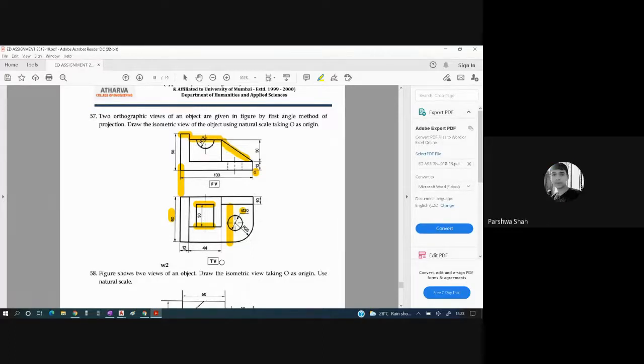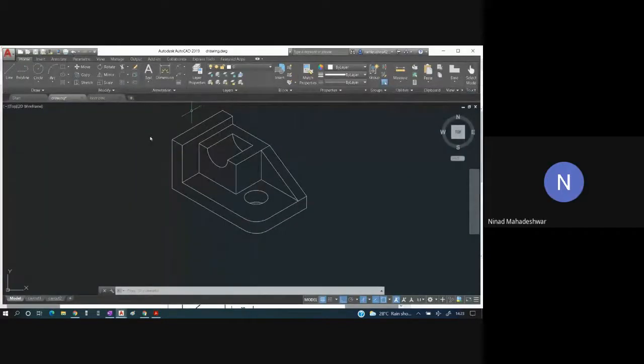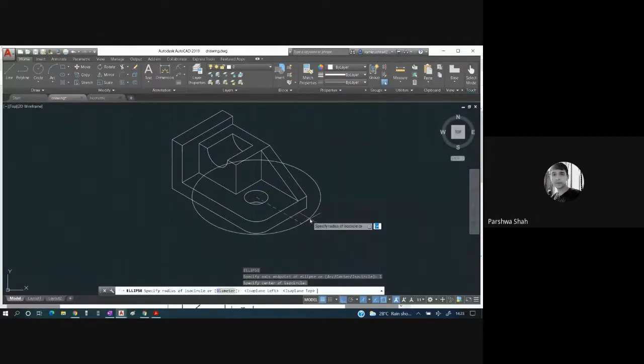Sir, have you got that center? How did I get the center? Go to EL, ellipse, enter. Go in isocircle. Specify the center. Don't click over here. Hover over this entire part, that is the quarter circle. Exactly, you will see the center of the quarter circle. Click on that center and start drawing the circle. Yes, sir, understood.